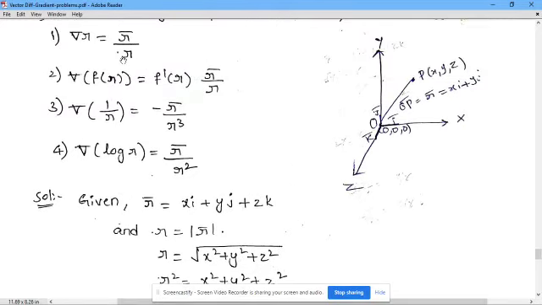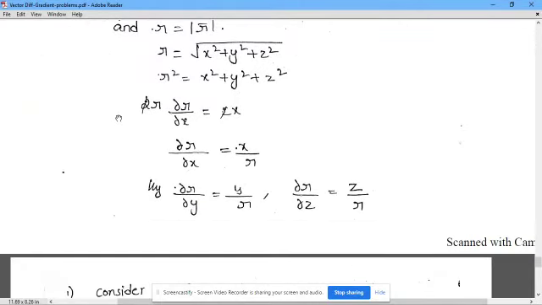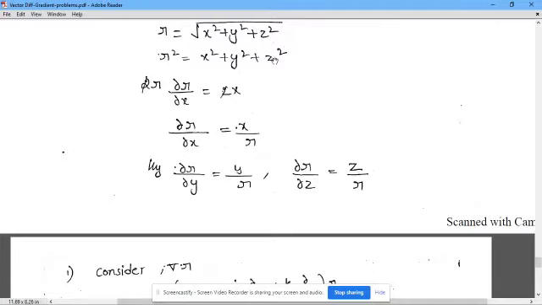Now to prove these statements, first we have to find out these values, that is the partial derivatives with respect to x, y, z. So squaring on both sides, r square equal to x square plus y square plus z square. Now differentiating partially with respect to x on both sides, r square derivative is 2r, but we have to differentiate r also because r is in terms of x, y, z. So 2r dou r by dou x equals x square derivative 2x, y square derivative 0, z square derivative 0, because we are differentiating partially with respect to x, keeping y, z as constant.